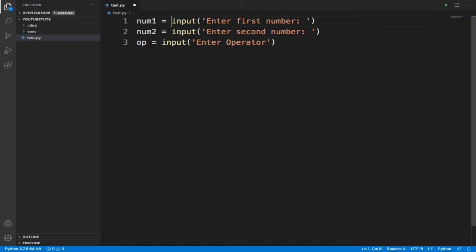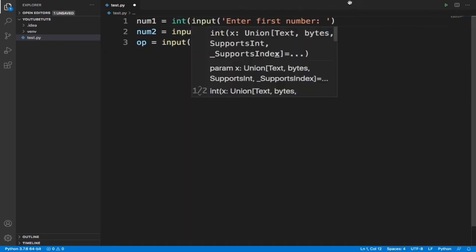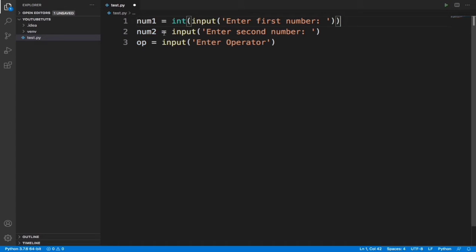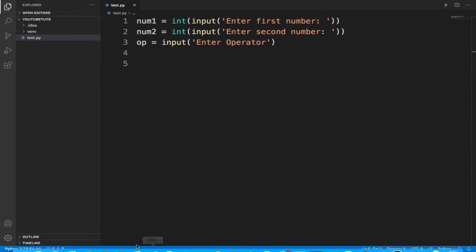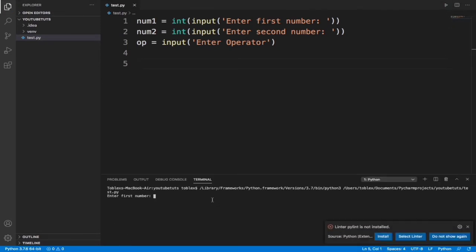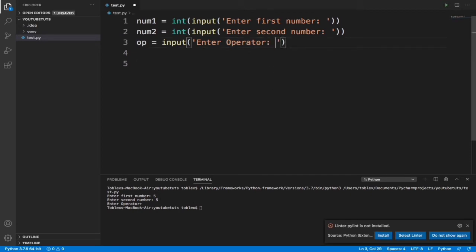Now let's make sure to make this integer so we don't get any funny error, because we are dealing with numerical values. Make sure to always change your numerical values to integer so your program doesn't see that as a string and print out some error. Now let's just run this to make sure that it's printing all those. And it says we should enter first number. Let's enter 5, and let's enter addition. Okay, that's good. It's not doing anything yet, but we'll do that in a minute.